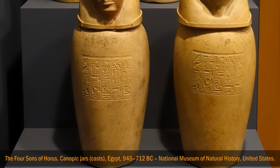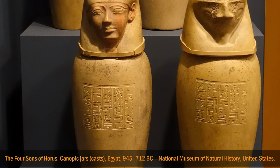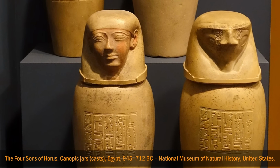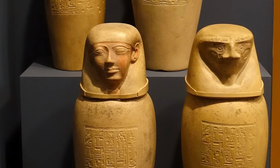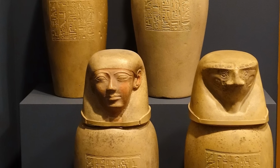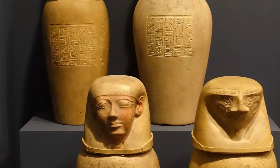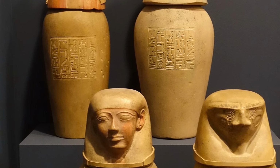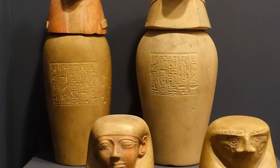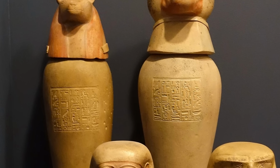Each jar was adorned with the head of a deity, each representing one of the four sons of Horus, the falcon-headed god of kingship. These sons, Imseti, Hapi, Duamutef, and Kebesenuef, were tasked with protecting specific organs. Imseti, with a human head, guarded the liver. Hapi, with the head of a baboon, protected the lungs. Duamutef, characterized by the head of a jackal, watched over the stomach, and Kebesenuef, with the head of a falcon,